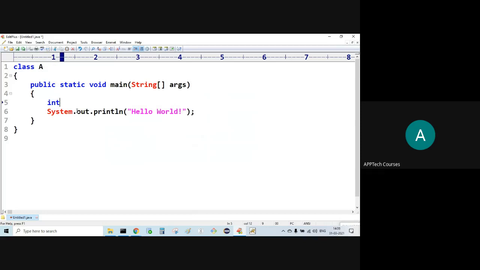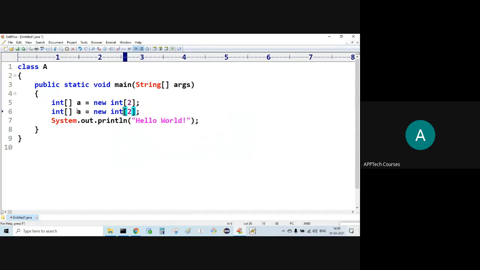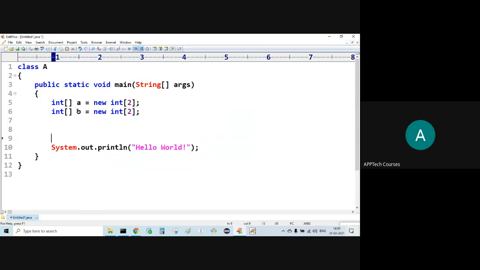How to create the array? Equal to new, with some size. It's a two. Another array. How to add these two arrays? Now I need to supply the values.